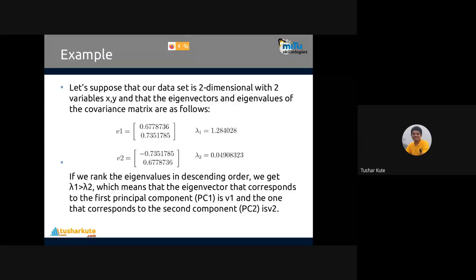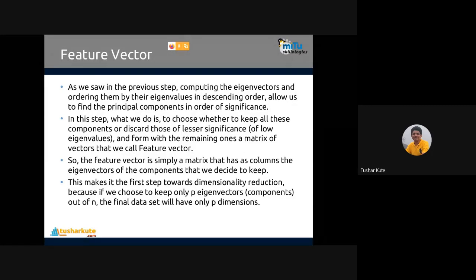Let's take an example here. Suppose our data is two-dimensional with two variables x and y. The eigenvectors and eigenvalues of the covariance matrix are v1 with some value lambda 1, and v2 with some value lambda 2. If you rank the eigenvalues in descending order, we get lambda 1 greater than lambda 2, which means that the eigenvector corresponding to the first principal component is v1, and the one corresponding to the second principal component is v2. In this way it is calculated, a very big calculation, and based on that